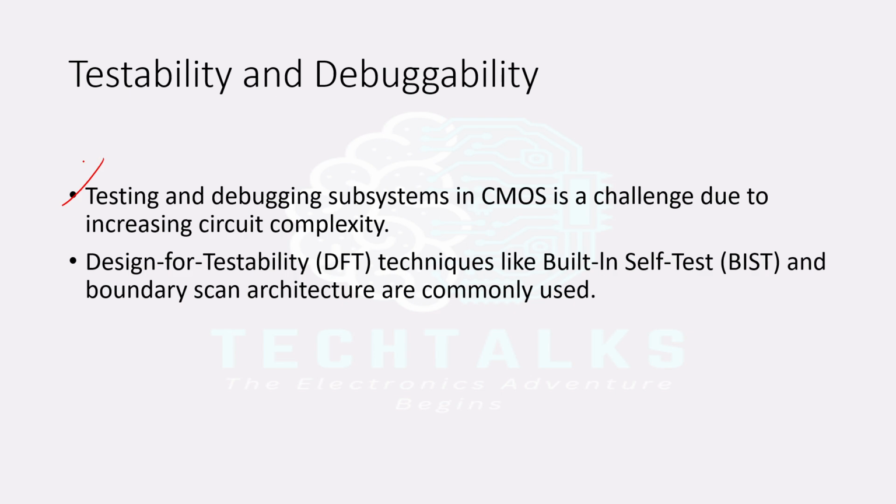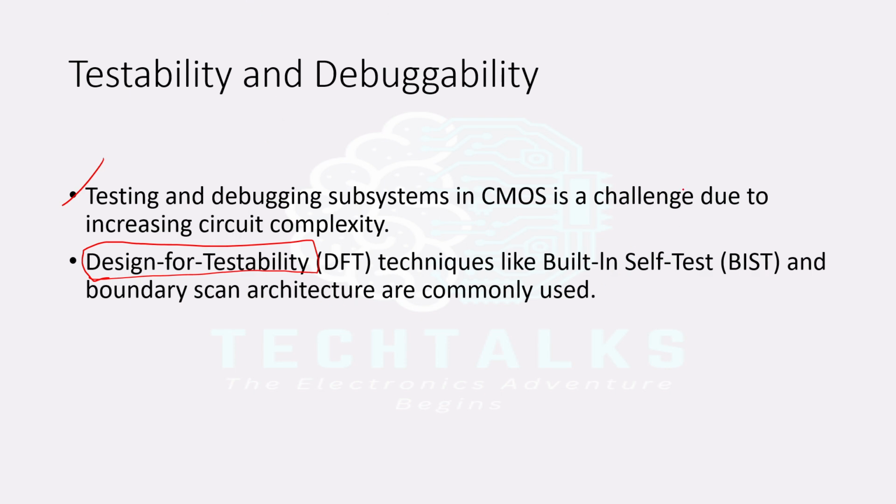Coming to testability and debuggability, no matter how good you design your chip, if it is not testable, it is worthless scrap. For example, you designed a very good chip, but suddenly it is malfunctioning. So there must be a method or provision provided in the chip, so that the manufacturer or the consumer is aware of it, and he or she should also be able to debug the chip functionality. For that, we have something known as design for testability, where we take into consideration many parameters and design our chips so that we will try to ensure